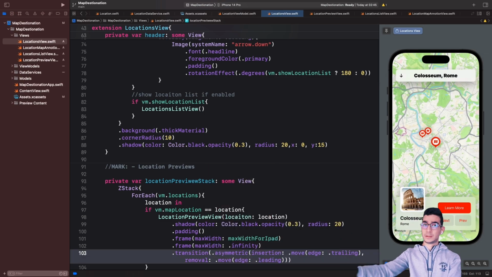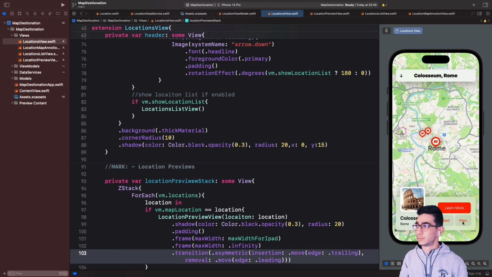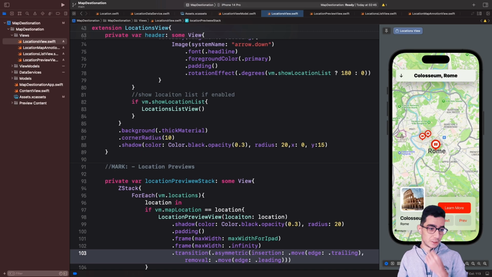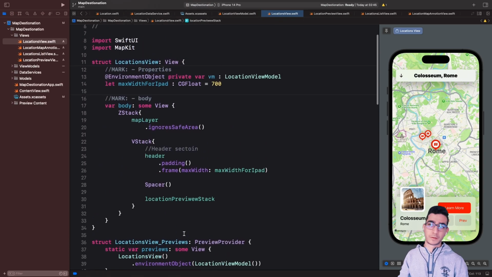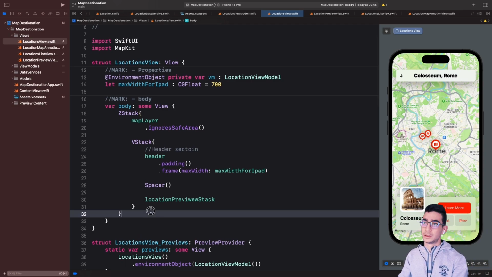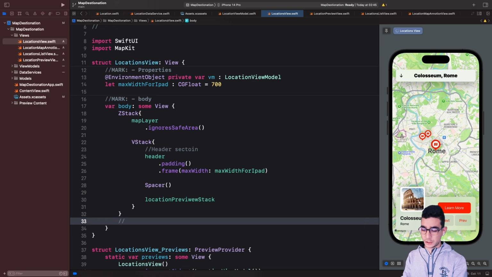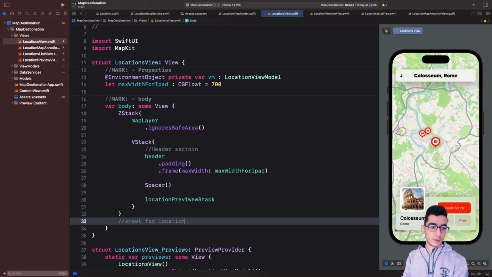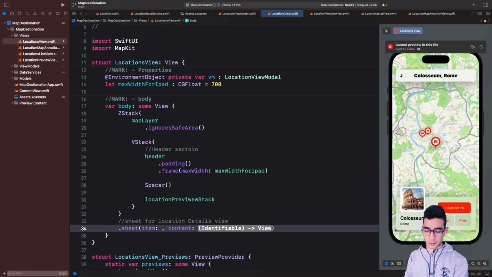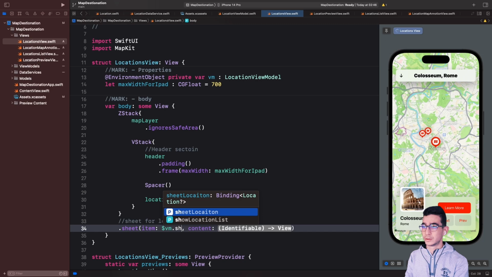So this is the animation. It goes away when we try to go to the next or previous location. So location view, yep, here we have it, the header, the location preview. Let me just check these ones if I can see it or not. Okay, so here after the ZStack we have the sheet for location view. This is our ZStack. We have the sheet for location details view. So we have that sheet, and for the items we have $VM dot sheet location,